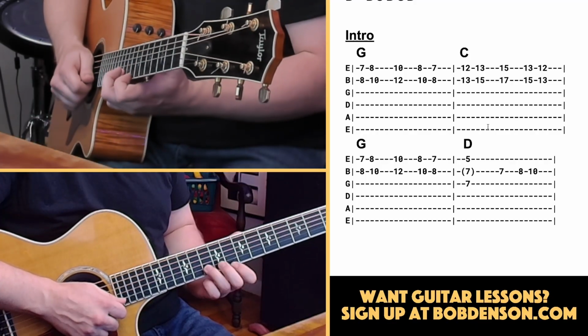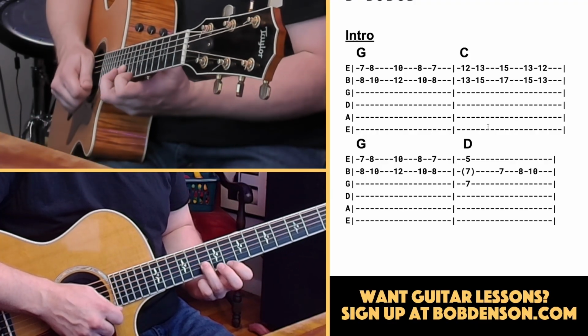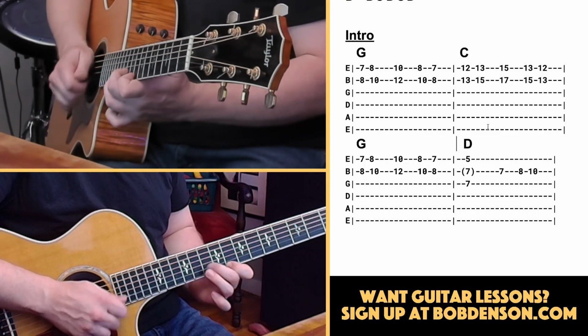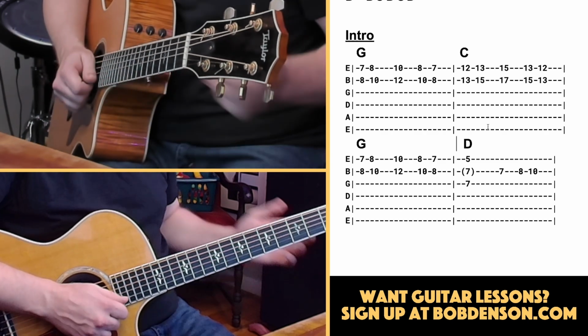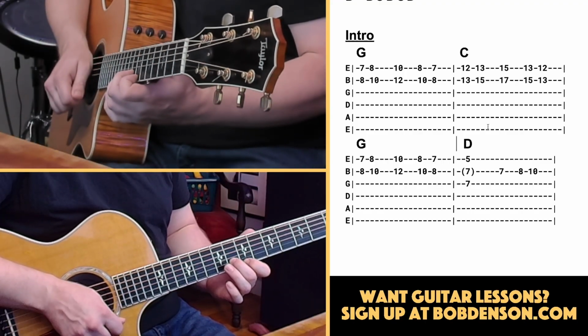Then we go up. Now you could use finger 3 on fret 10, string 2, and finger 1 on fret 8, string 1. Or you could use your second finger instead of your third finger. Either way. But these are the 2 shapes, this one here and this one here, that are the vast majority of this riff. So we've got this one here,